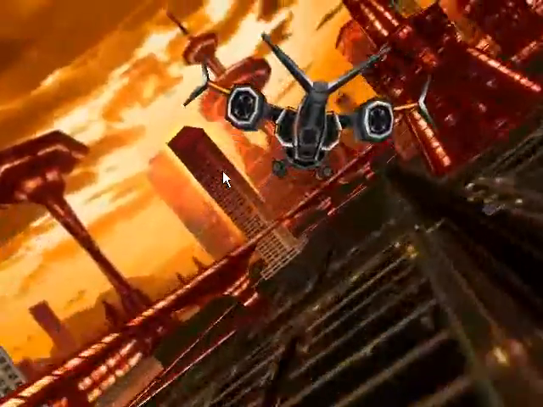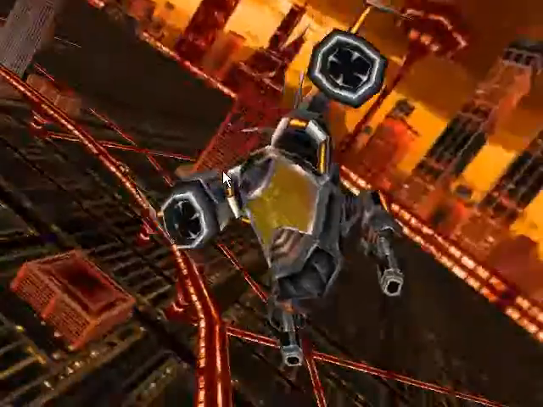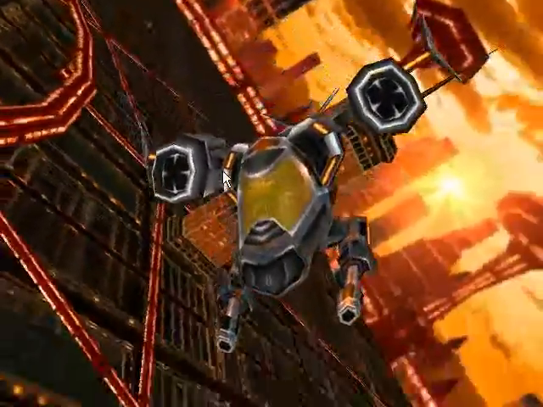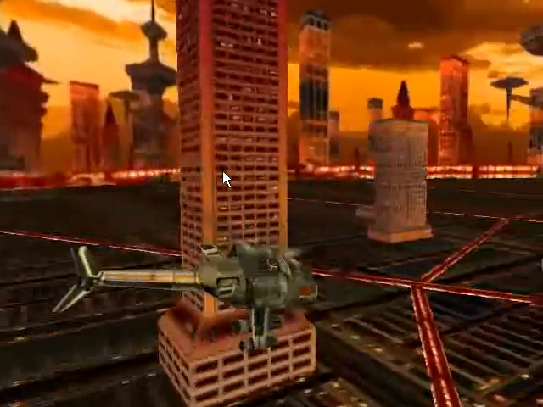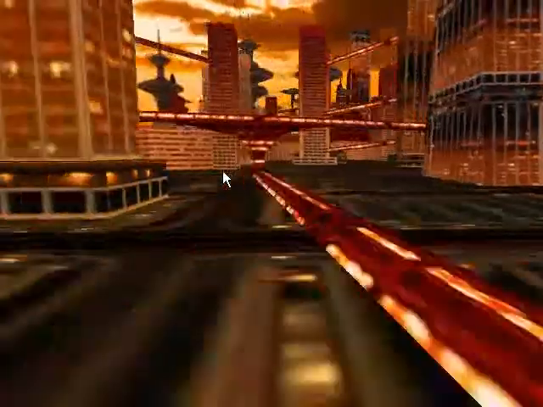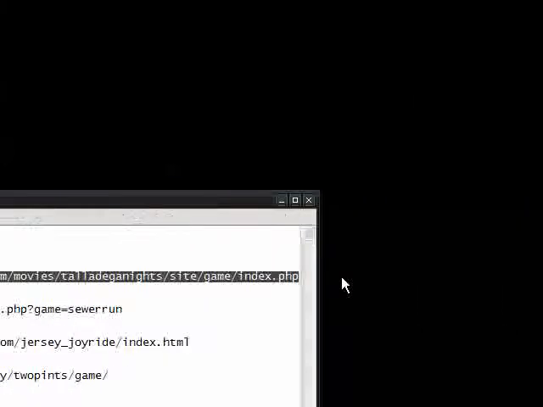This is view number 1, view number 2, view number 3, view number 4, 5, 6, 7, 8, and 9. So that is Virtual City, and that's just showing you some of the capabilities of the